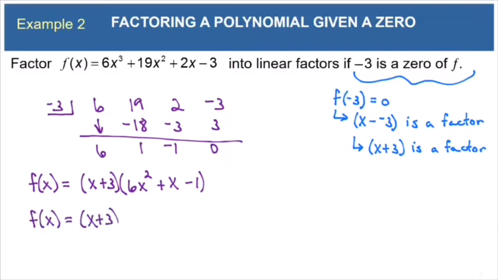So we know x plus 3 is a factor, don't lose that, but we'll now factor this trinomial into two binomials. Okay, 6x squared is going to break down into 3x times 2x, and the signs need to be different, and last times last is 1, so I pretty much have to have 1's here. And now let's see if we get outer plus inner to make that middle term that we need. Outer times outer is 3x, inner times inner is minus 2x, then 3x minus 2x is positive 1x, and that's what we needed. So here are our linear factors for f of x.